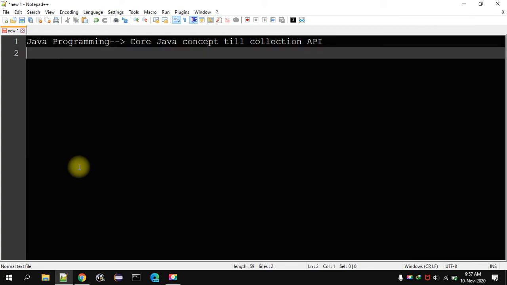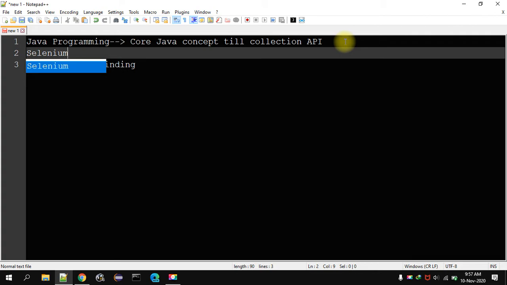Once Java programming is covered, then we'll be focusing on the Selenium Java bindings. But before that, we'll go through the Selenium.